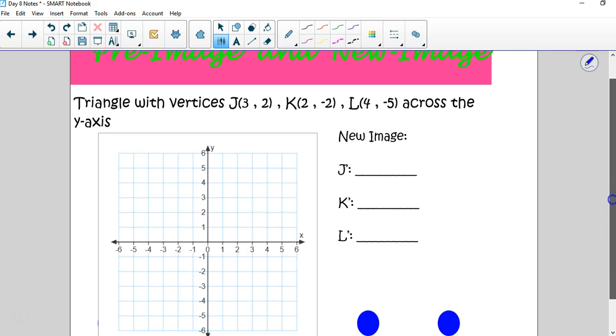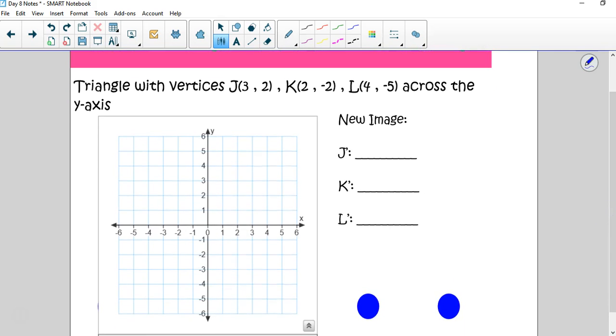Okay, pretty simple stuff. Triangle with vertices J, 3, 2, 1, 2, 3, 1, 2. That's J. K is at 2, -2. That's K. L is at 4, -5. That's down here. We have our triangle. We draw it right there. Now, we're folding across the y-axis. We don't actually have to draw this, remember, because across the y-axis means now it's just going to move over